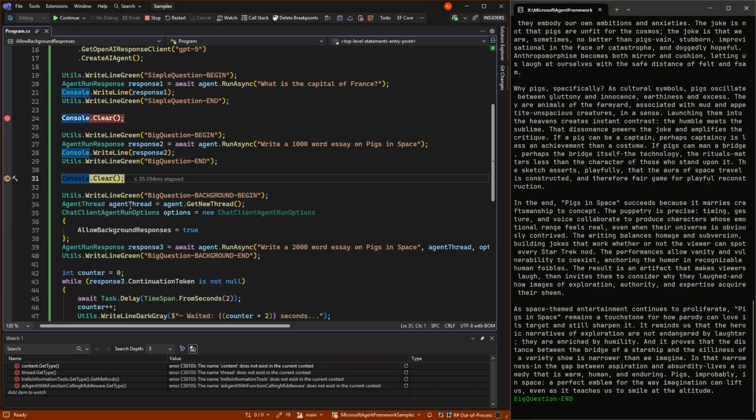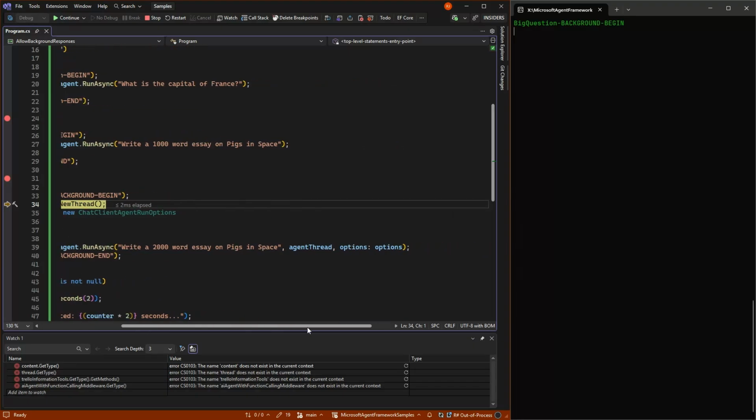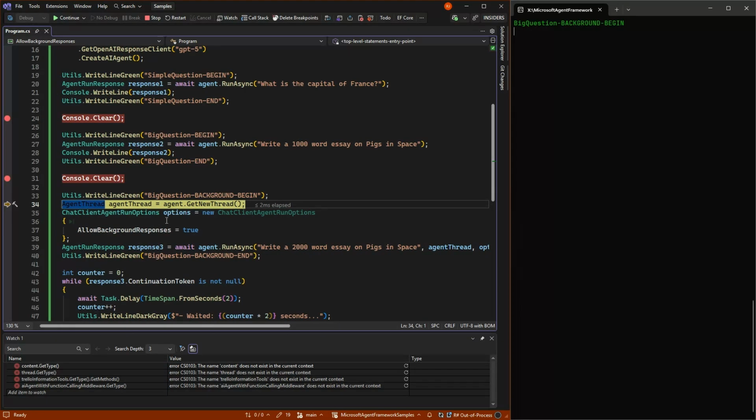But what we can do is something similar, and in order to do that, we need to do two things. First up, we need an agent thread in order for this to work. Again, we need a responses client to work. And in our options here that we can put into our RunAsync, where we give various options, we tell it that it's allowed to use background responses.